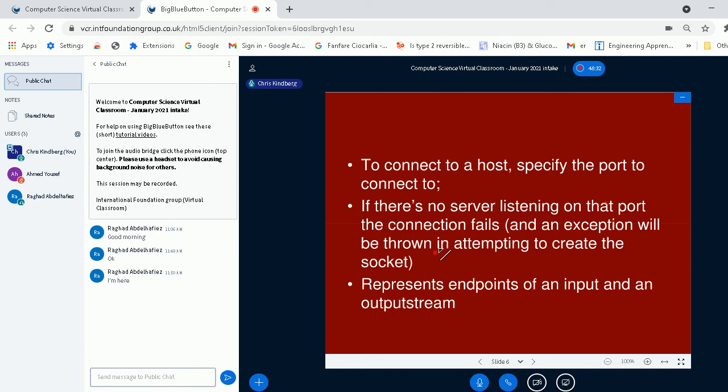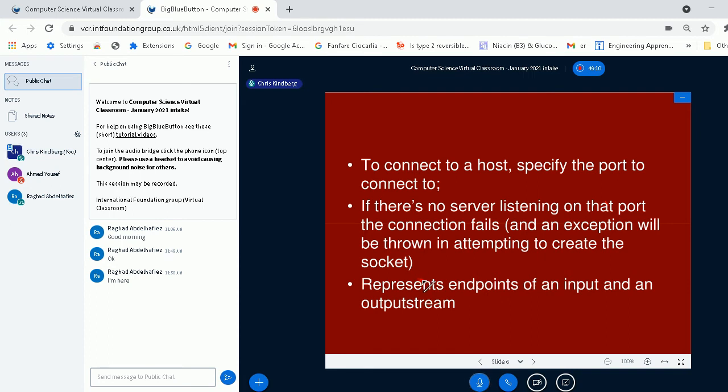So let me just say that again. If I wanted to connect to your laptop, then I create a socket that specifies your IP address and a particular port number that I think you are monitoring, or you have a server monitoring that port. And if a port isn't being monitored by a server, the connection attempt is going to fail.